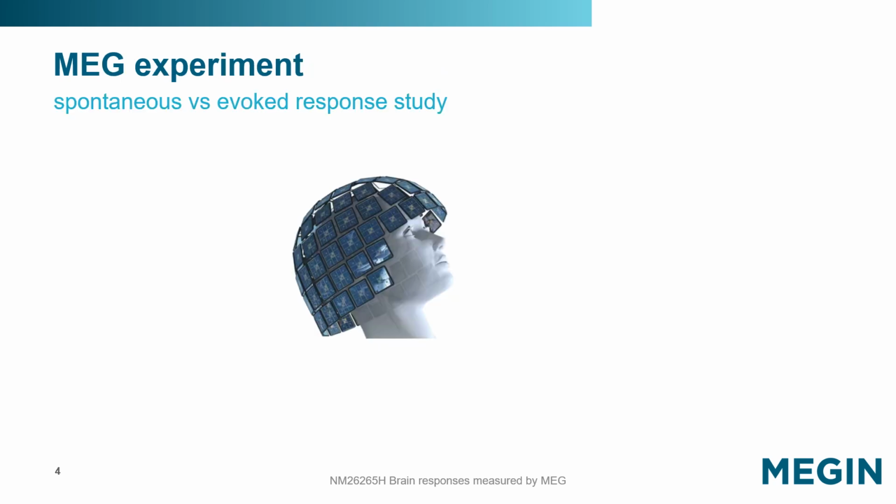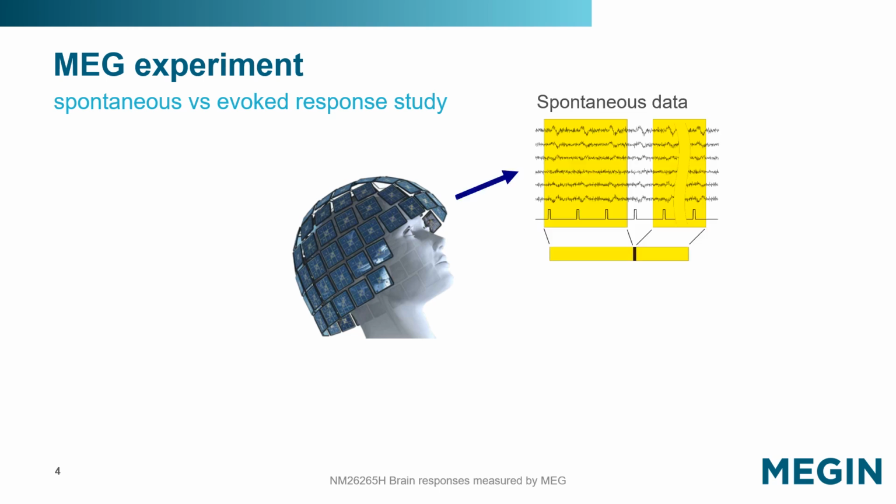Here, we illustrate the difference between spontaneous and evoked responses. Spontaneous measurements can be done in long extended periods when a subject can remain still or during sleep studies. More often, these measurements are done in shorter blocks, possibly letting the subject rest between the blocks. For evoked studies, there can be a range of stimuli, for example, sounds, touch, images, video clips, smells, or a combination of these.